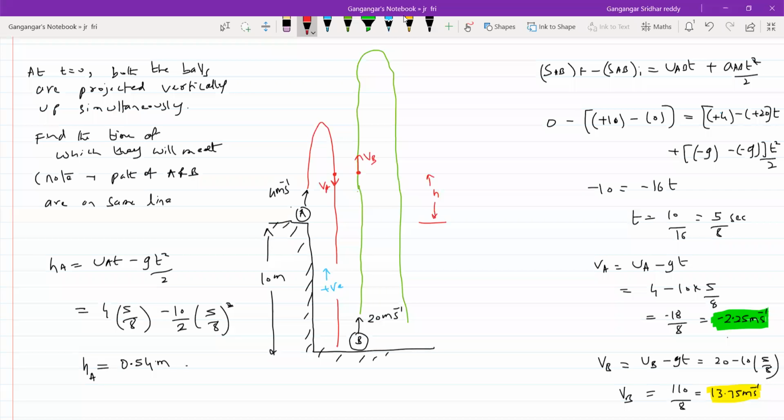Sir, we took height from the ground, right? No, for ball A, you can see H_A. So when A strikes B, whether descending or ascending, they may ask you anything. It's all about the mathematics here. You have to take help of mathematics, you have to interpret. There's no other way. No concept, nothing. Just take help of the basic equations of motion. With the help of the values, you have to interpret the motion path.